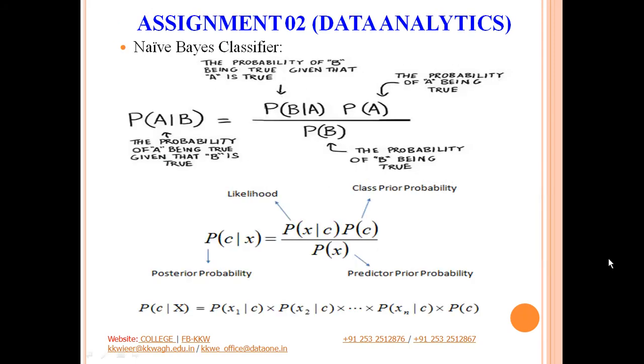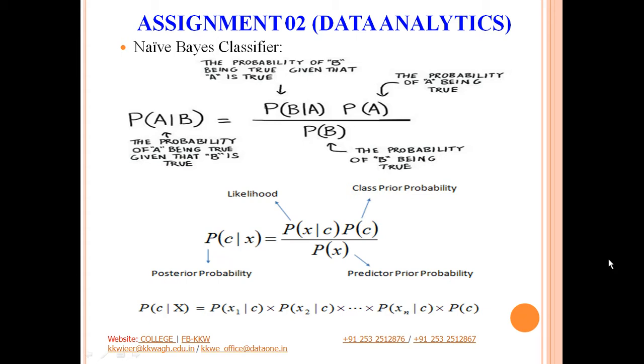Before we actually move on to the code and discuss what is the input and the output, the main important thing that we must properly understand here is that we have to implement naive-based classification algorithm. So we'll discuss first what is this naive-based classifier. This is one of the algorithms used for classification purposes, and we all know that classification is a kind of supervised learning technique where we are given a data set along with the labels. So this particular naive-based classifier is used for prediction or to classify the test data set.